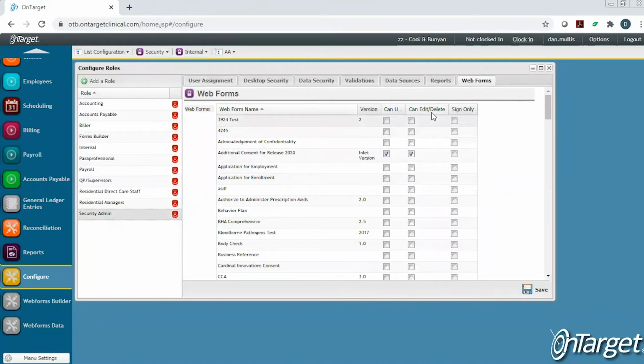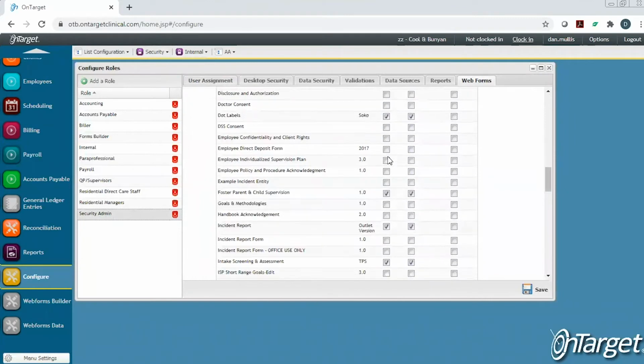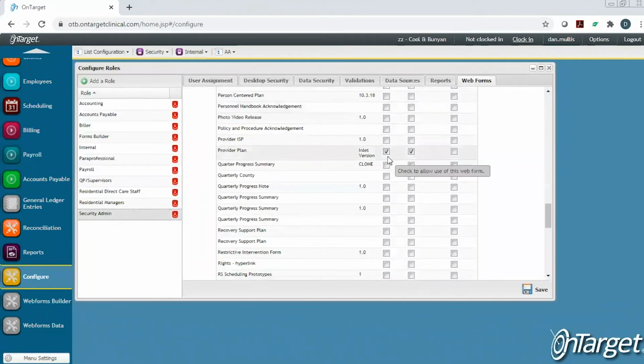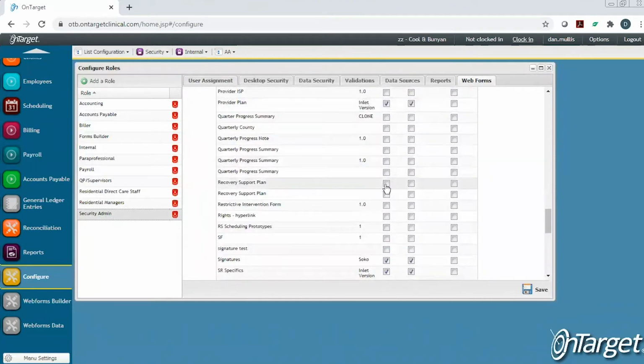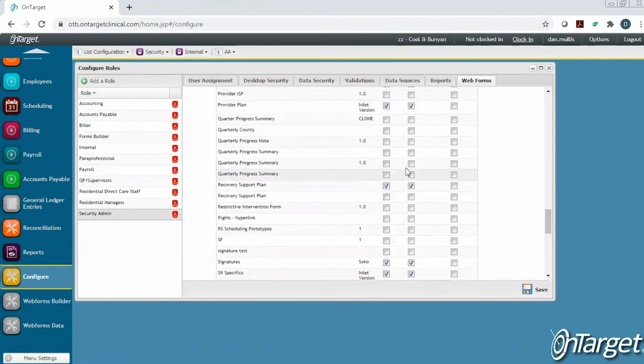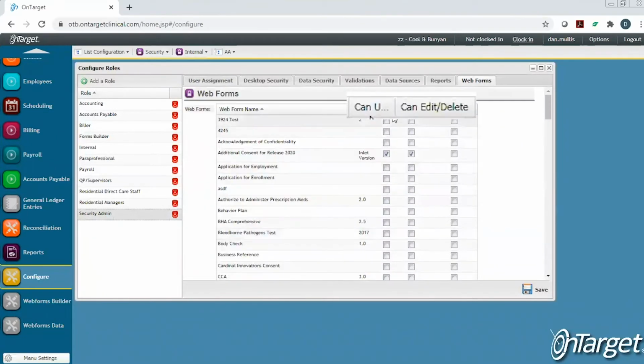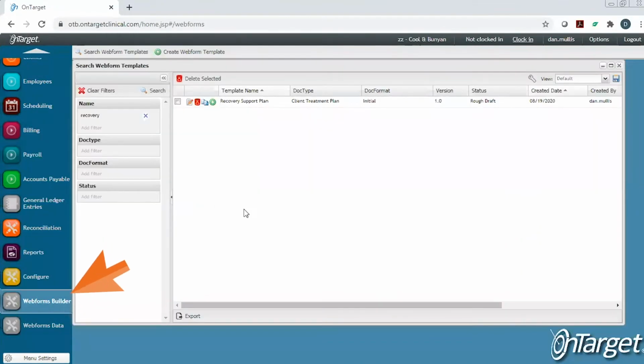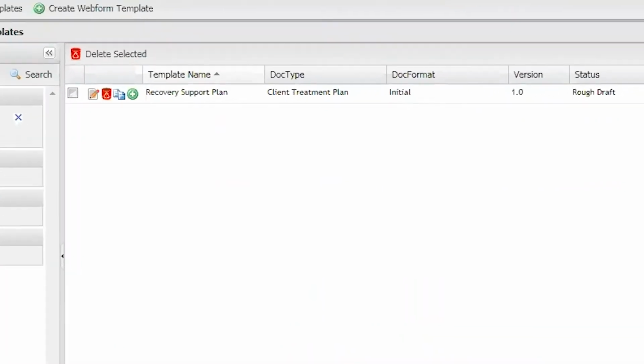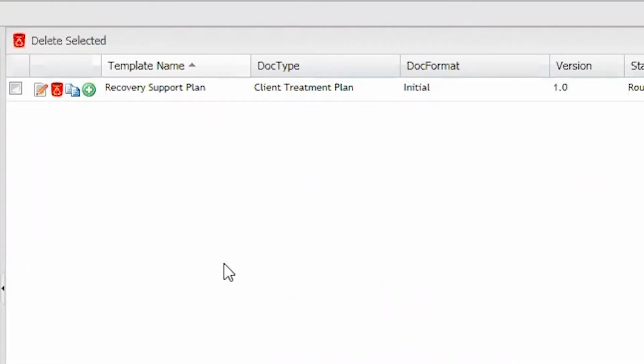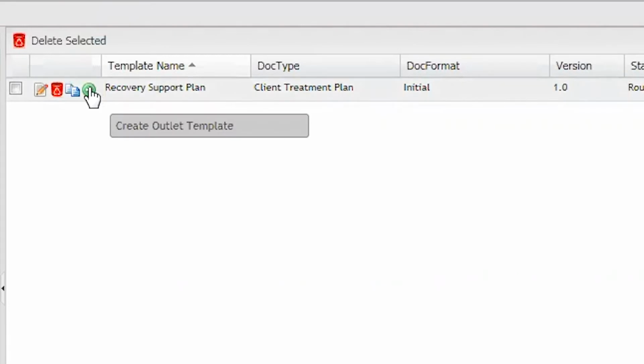find Can Use, Can Edit, Delete, scroll down in the list and find the form, and select the check boxes for Can Use, Can Edit, Delete. Save your changes. Back at the Web Forms Builder, find the form that you want to continue working on, click on Create Outlet Template,